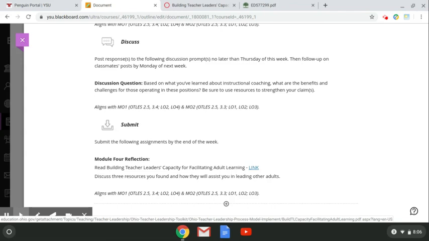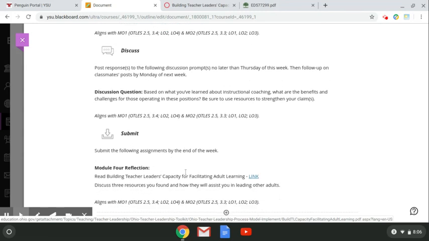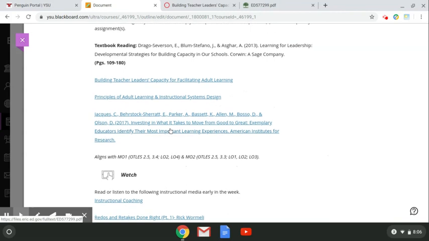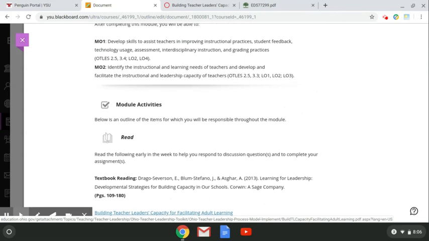Also, I want to open it up. If there's something else that you find that you think is a little bit better than what you see in there and you'd like to include that, please do so. Please include that as a resource and just make sure I know where it's coming from. Okay. So, anyway, I wanted to give you some flexibility in that as you go through. So we've got a reflection, a discussion question, some videos, and some reading in here, and this should be a great module for you.